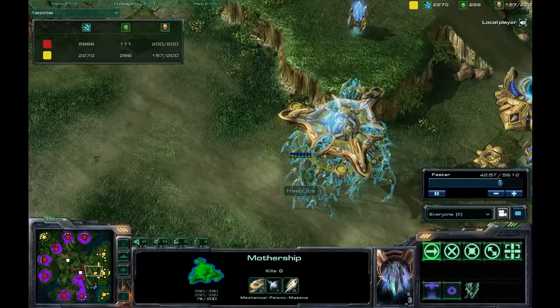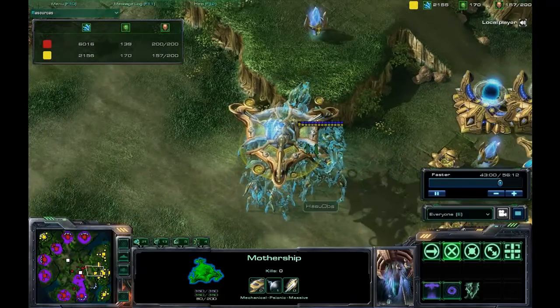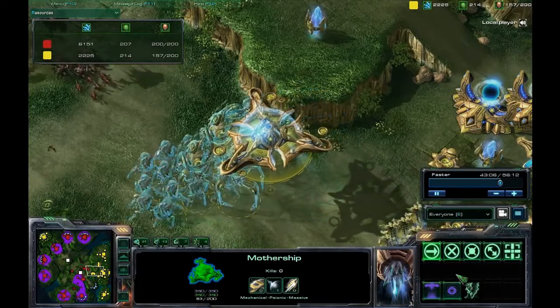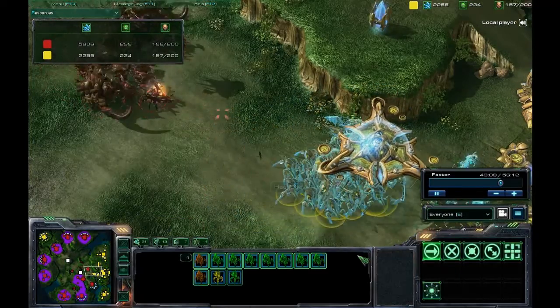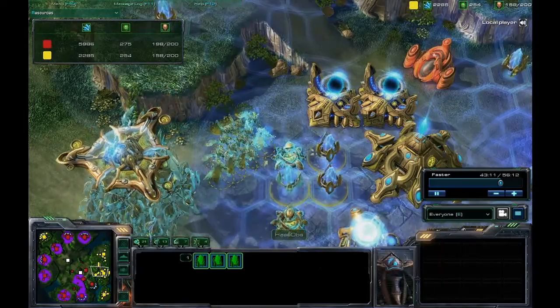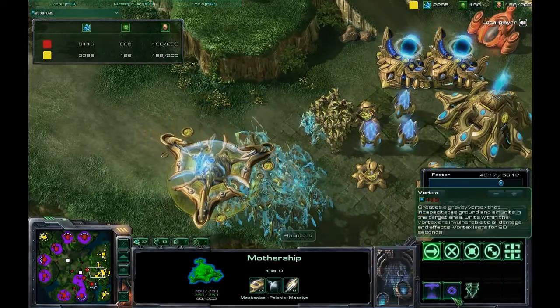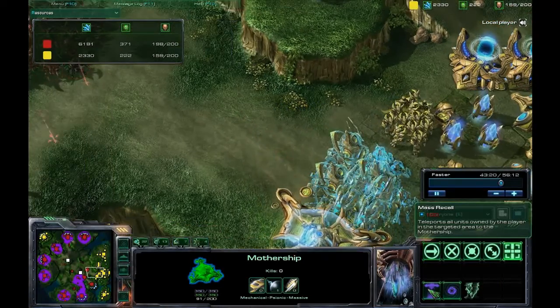Protoss players can only have one mothership at a time in the StarCraft 2 beta. So with the abilities that it has, it is very important that you keep that mothership alive, because as you can see, it cloaks any units under it and any buildings under it as well. So that is a super useful ability, but it also has the ability to cast mass recall, which is like